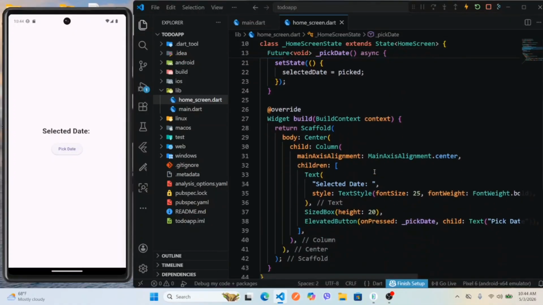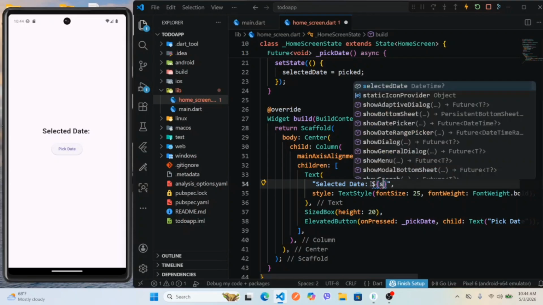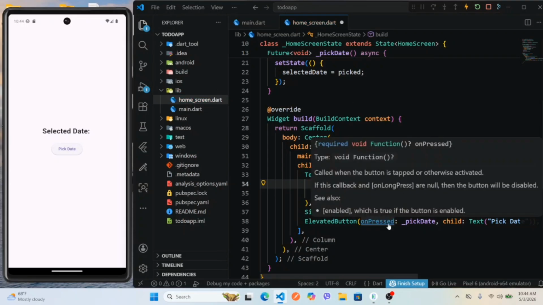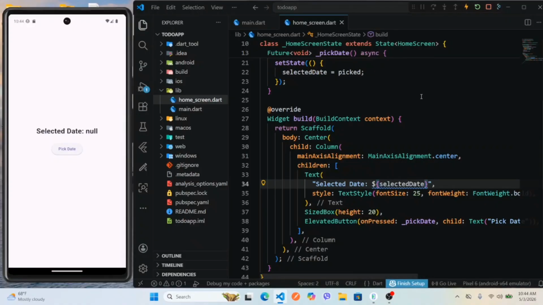Okay, and here we show the selected date. Okay,